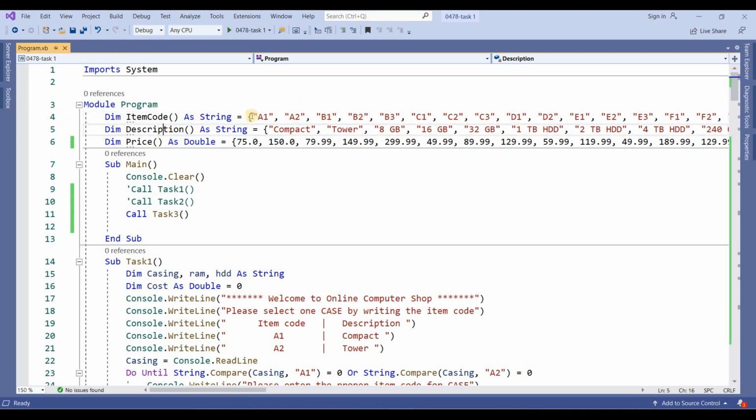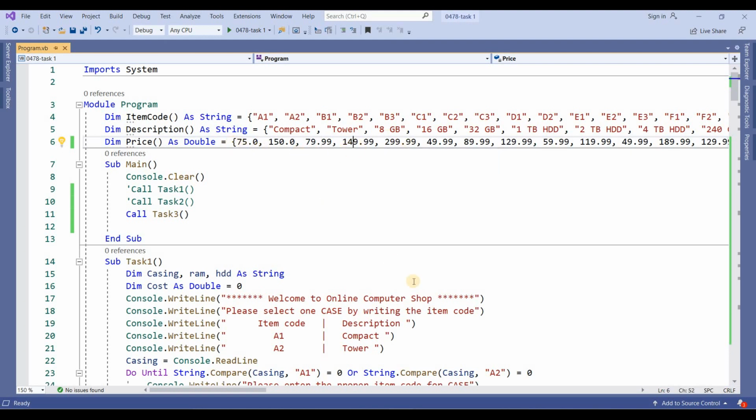In the description, I have written the descriptions of the components like compact, tower, 8 GB, 16 GB, 32 GB. I have declared these three arrays, and price is also an array. I have written the prices here: 75, 150, 79.99, 149.99, and so on.